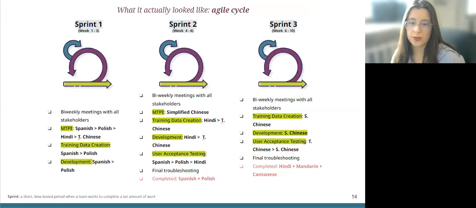But the actual project process looked like this. Now, these little rows that you're seeing represent how a sprint in an agile cycle looks. We will dive into what those arrows mean shortly, but in Scrum terminology, a sprint means a short time-boxed period when a team works to complete a set amount of work. And in this project, we had 3 sprints that took